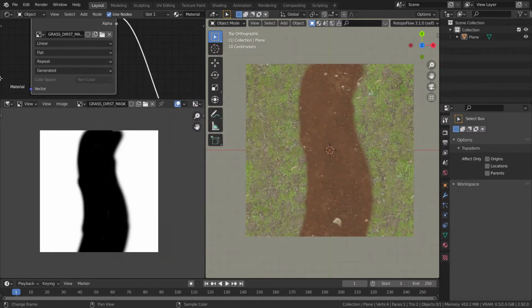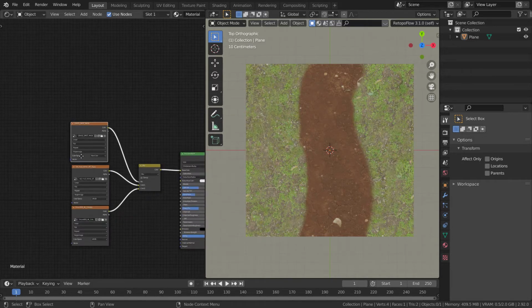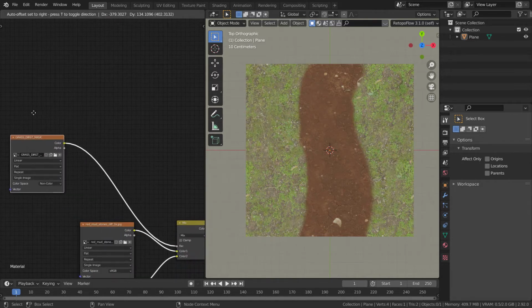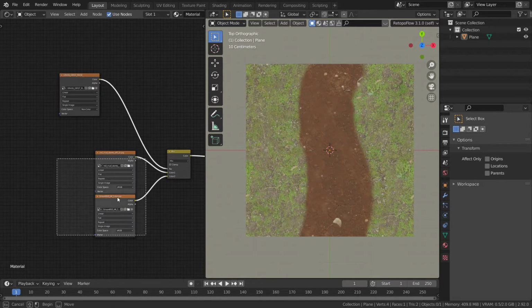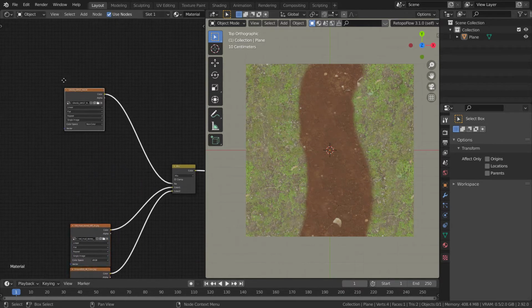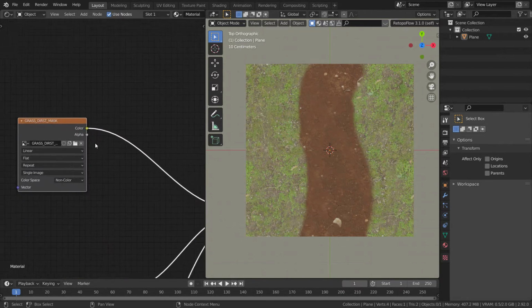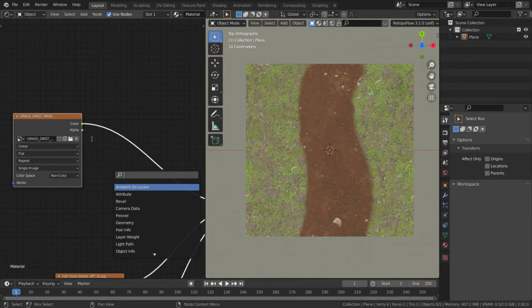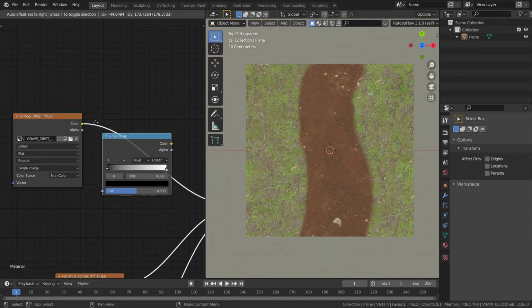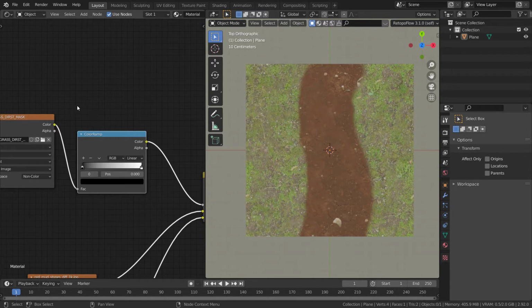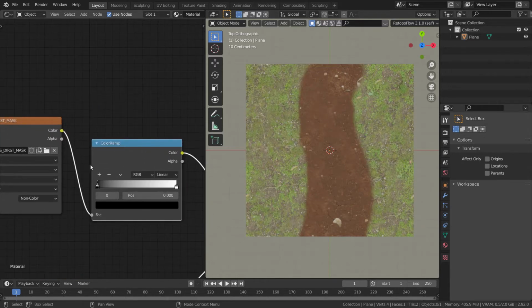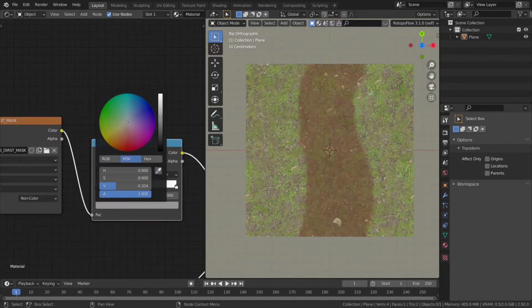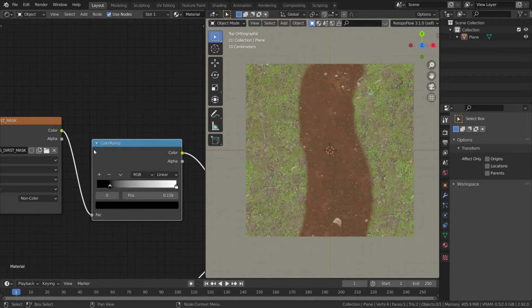Now as your image is saved, you can just remove this, and now as I said, we can have a bit more control over it. By that I mean we can use math to do some stuff, and we can also use a color ramp. For instance, let's say I just plug a color ramp in the middle. If I now change this black to grayish, you can see we can blend between those two. You can make this black go much further.